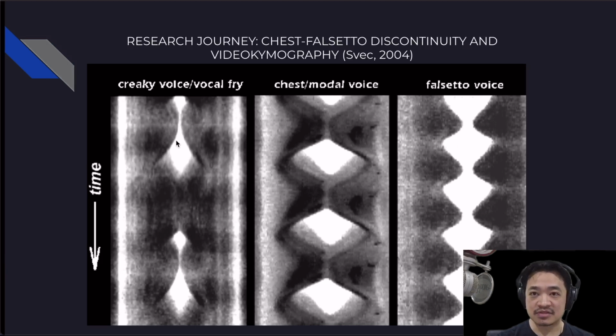And what that does is it brings it to complete closure, and you just slowly open. What you don't want to do is try to amplify this sense of tension. And that's where the issue is with vocal fry, that we try to amplify the tension as opposed to using the tension to regulate the typical chest or modal voice that we would have, to regulate that sense of thickness, as well as bringing the folds together. That's the important part of vocal fry, and that's typically what a lot of people miss.